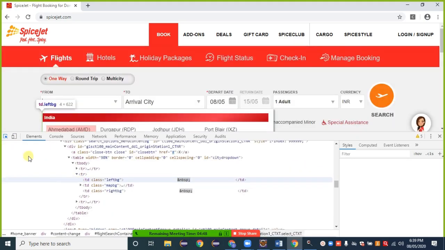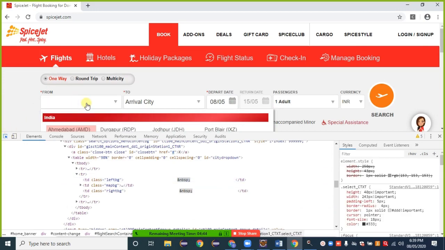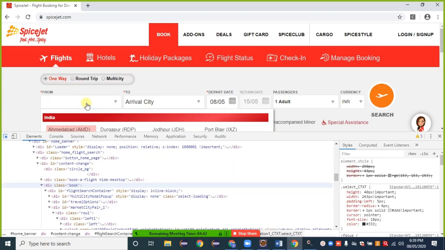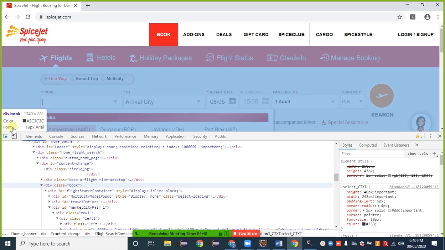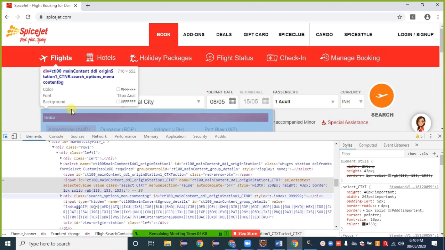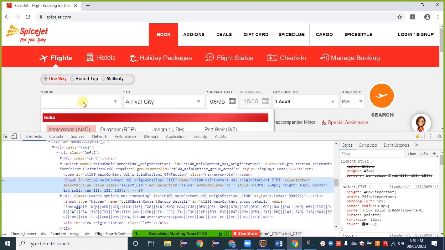Here observe that, tag name is an input. It means that it is not a static drop down. Other than select, it may be dynamic or it may be auto suggestive.